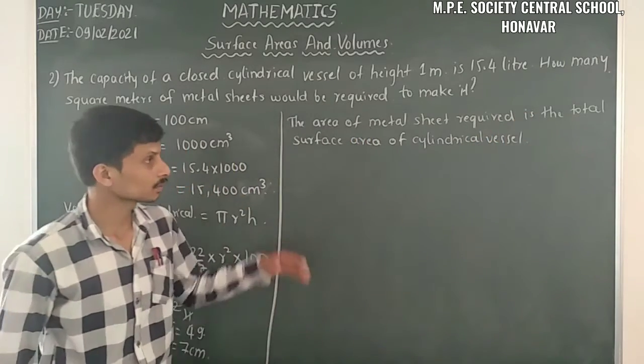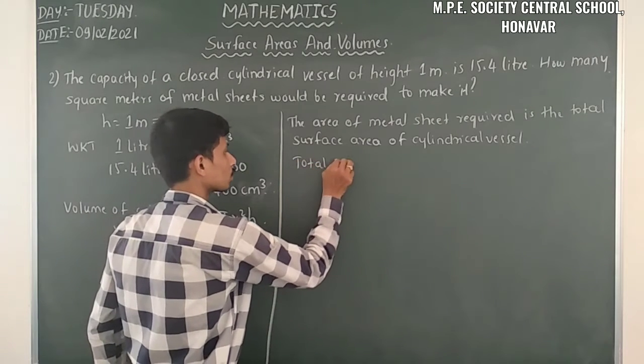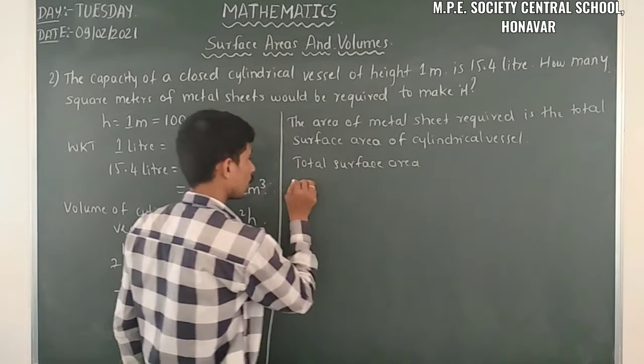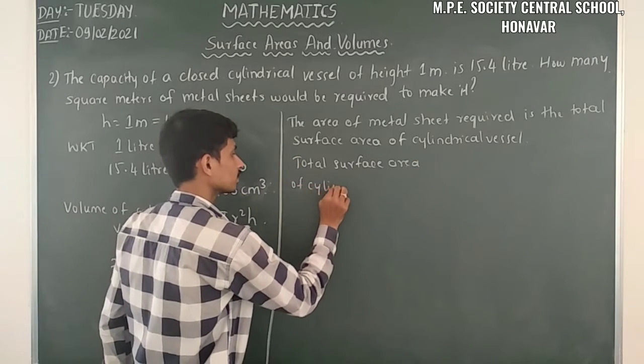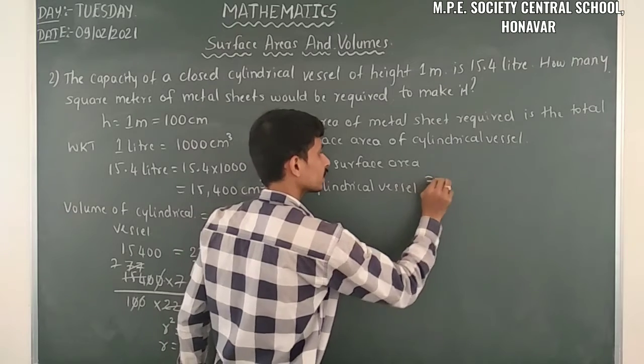So that's why, so we have to take the total surface area of cylindrical vessel is equal to